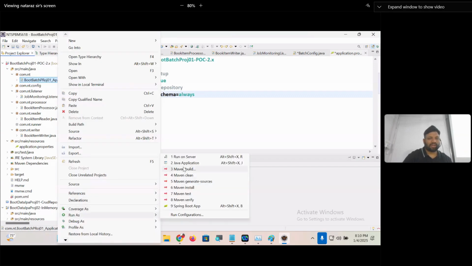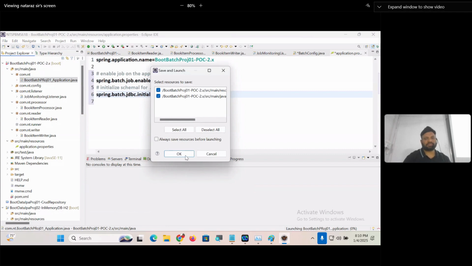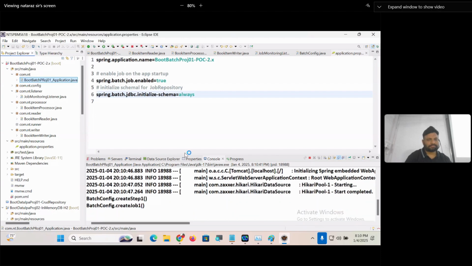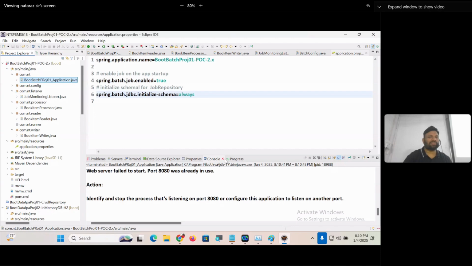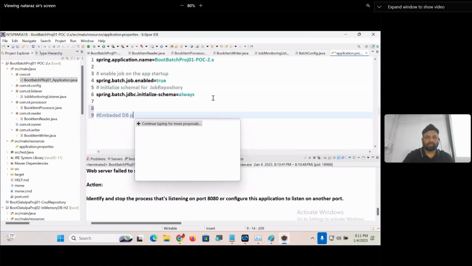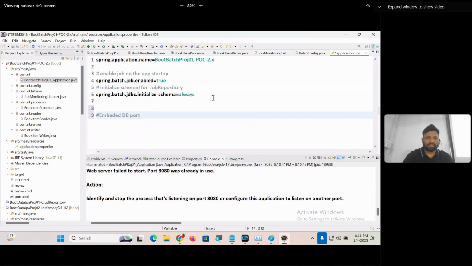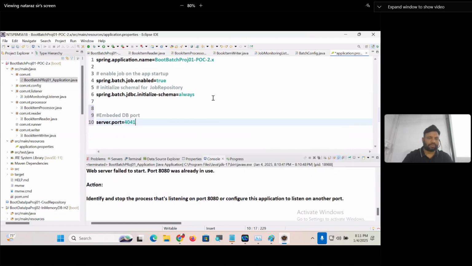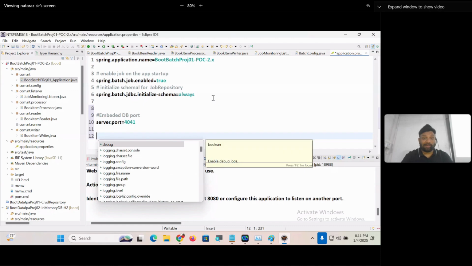Run as Java application. Let me save everything. 8080 is busy, boss, because H2 tries to run on 8080. Yeah, what is this? Embedded DB. What, guys? Embedded DB port number. Server dot port is equal to 404. Yeah, next one. Embedded DB